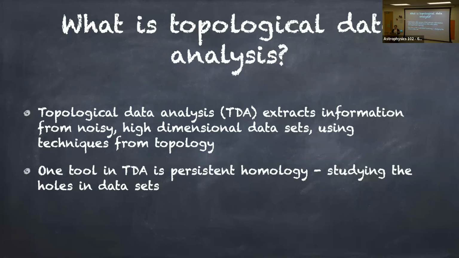Now, there are some data sets where the holes have a really obvious intuitive meaning. For example, if you're looking at coverage of sensors or coverage of Wi-Fi in some geographical space, the holes there really are telling you there are holes in the network coverage. That's what you're looking at when you're looking at holes. There's also other data where the holes themselves might not have an obvious meaning, but studying them still can give you information about the data.